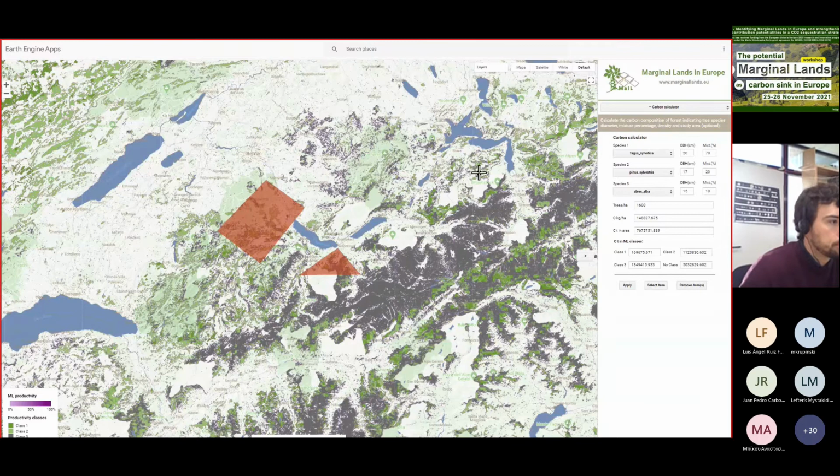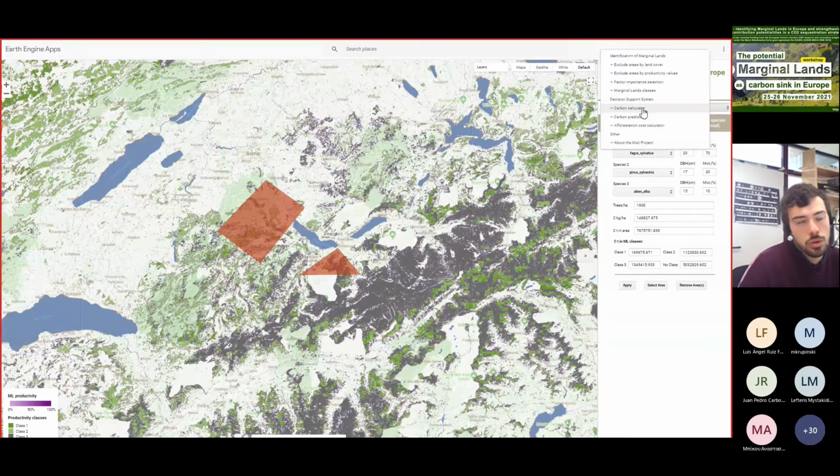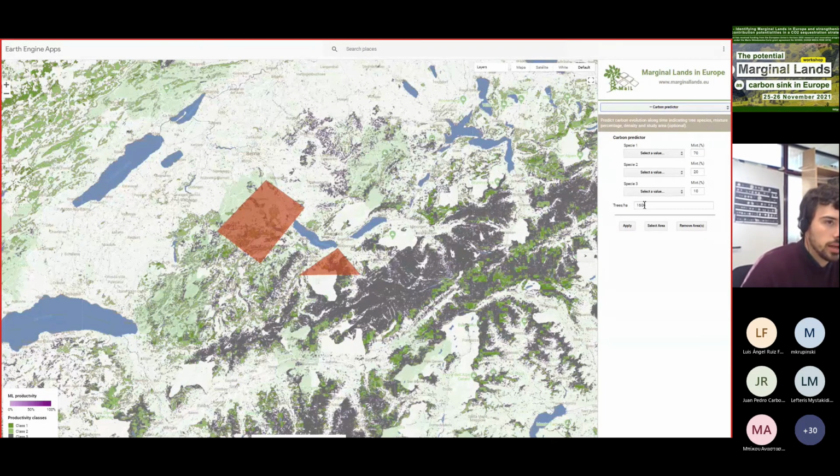Okay, so you might be wondering, but what if I don't know my area? Or what if I do not have any information about what the forest looks like? Or I shouldn't know what the carbon will be in 20 years, or what is the diameter of my Fagus sylvatica tree in my plot. So that's why we designed the